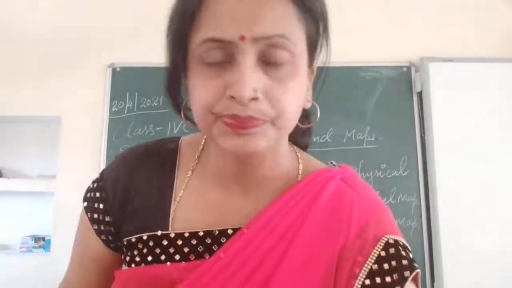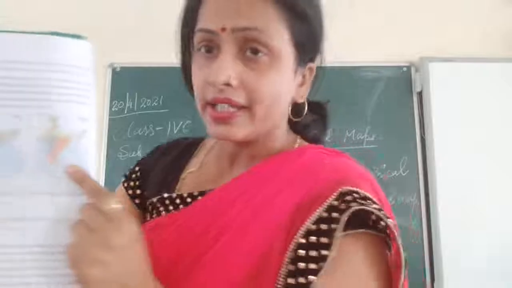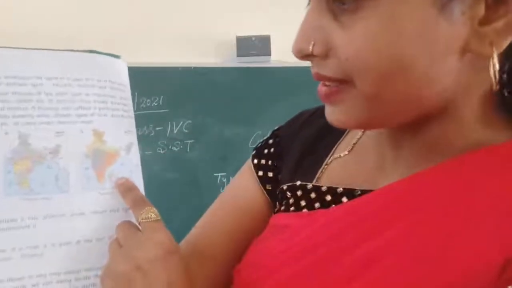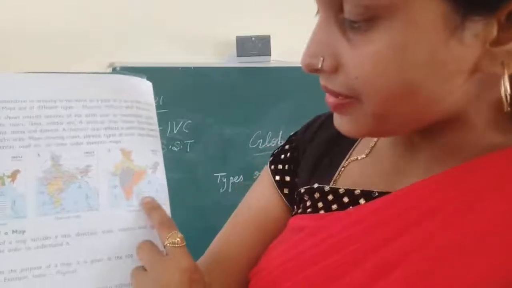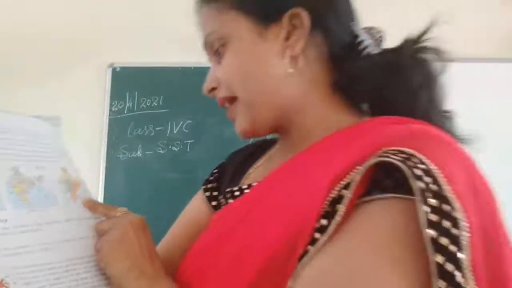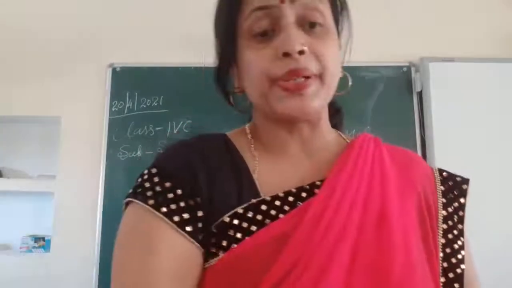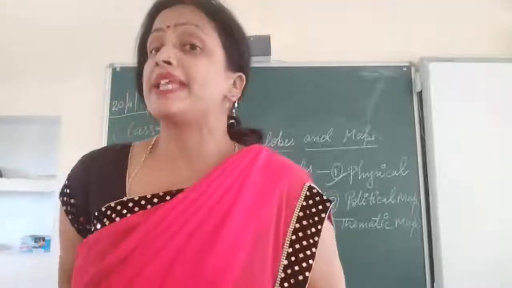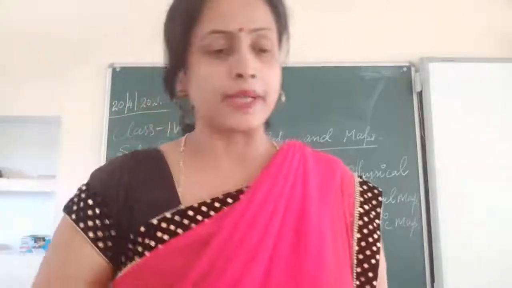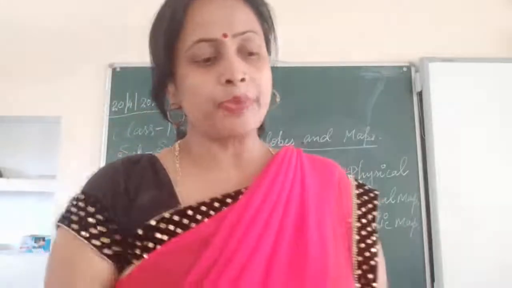Key means, you know, the map is here. You see the key, it is here. This is a map. Different colors are there in the map, and this is a key, means an index. So we can understand that a particular color or particular symbol is mentioned for a particular place or particular thing. Understand? So this is the language of the map.